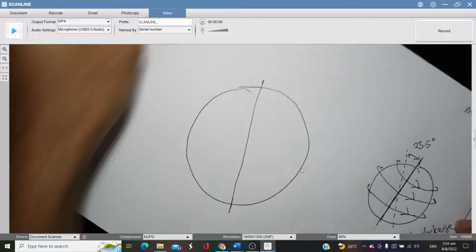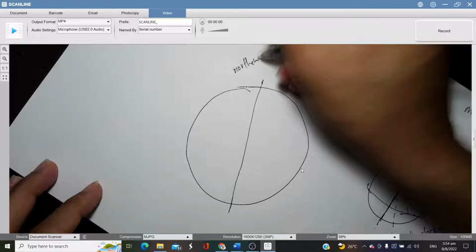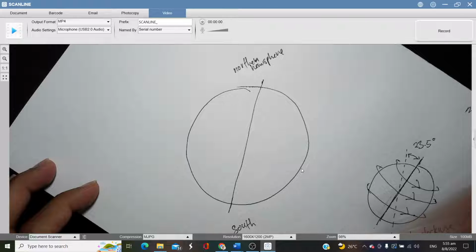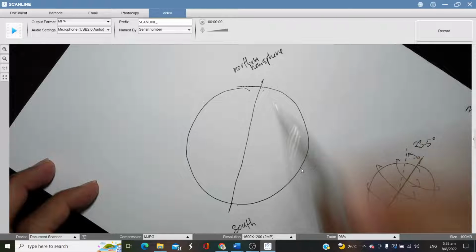This is the northern hemisphere, and this is the southern hemisphere. Right? This is the south pole and the north pole. Okay. Now